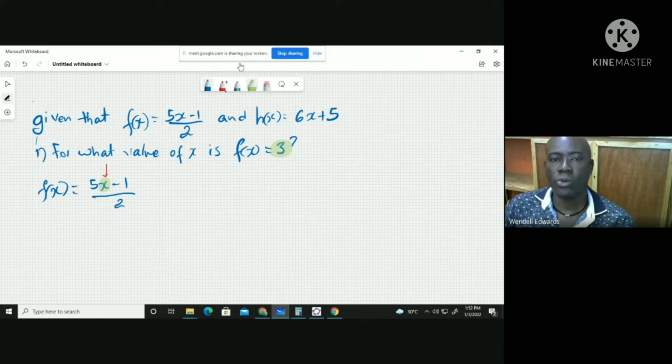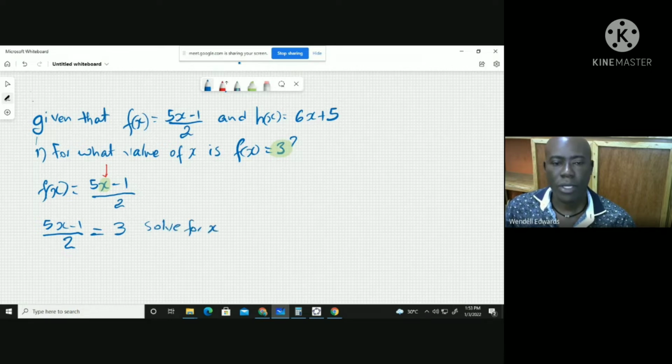So in order to work out a problem like this, we definitely need to equate the function, which is (5x minus 1) all over 2, to 3. And then we're going to solve this